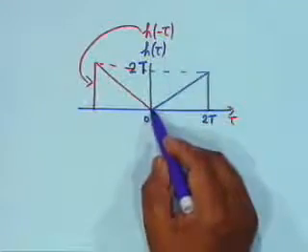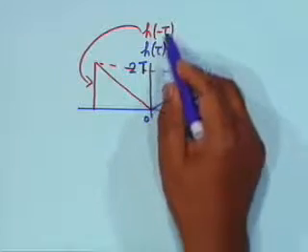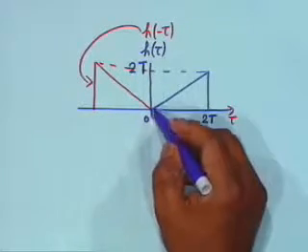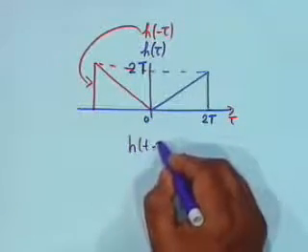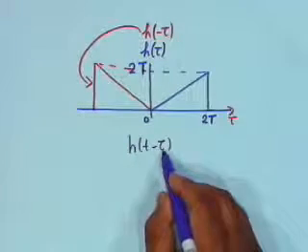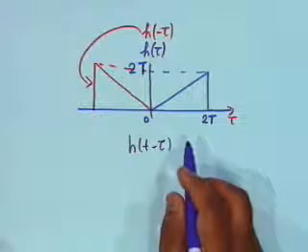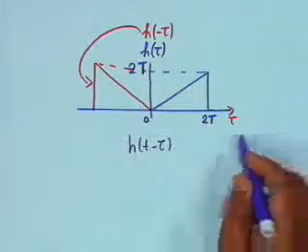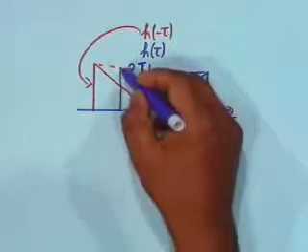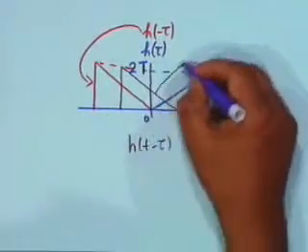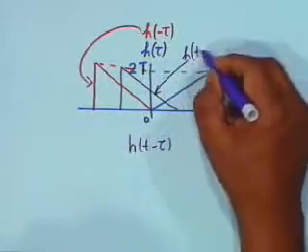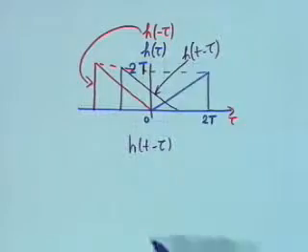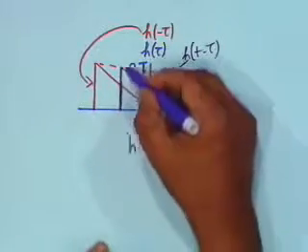Now what is the argument? H of minus tau, this is the origin, tau equal to 0. At tau equal to 0, this is 0. Now if I write h of t minus tau, it should be equal to 0 at tau equal to t. And if t is positive, naturally the curve shifts to the right. And therefore, a typical h of t minus tau shall be like this. The violet curve,